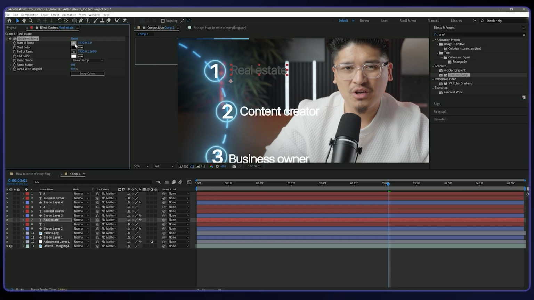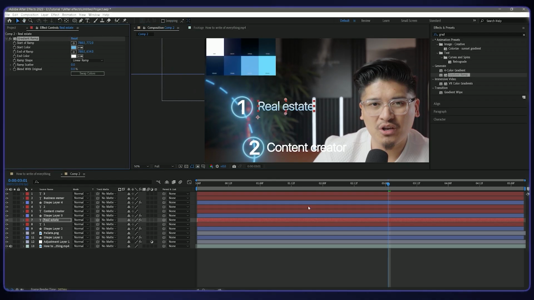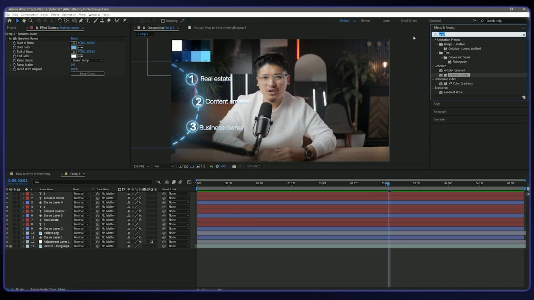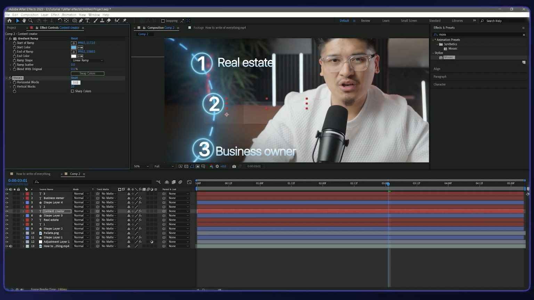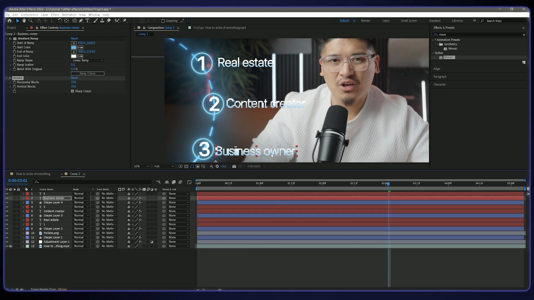Now go to the effects panel and search for gradient ramp. Apply that to text layer 1, and change the color, position and gradient colors using the color palette. After that, copy and paste the effect to the text layer below and adjust the color positions. Now search for the mosaic effect in the effects panel. Apply that to text layer 2 and change its horizontal and vertical positions to 350. Then copy and paste the effect to text layer 3.